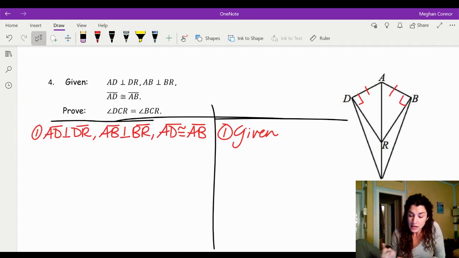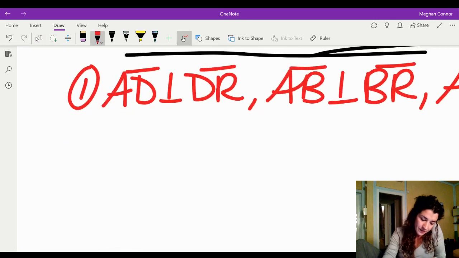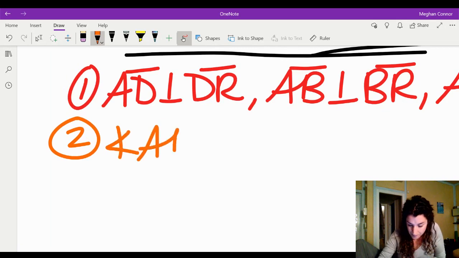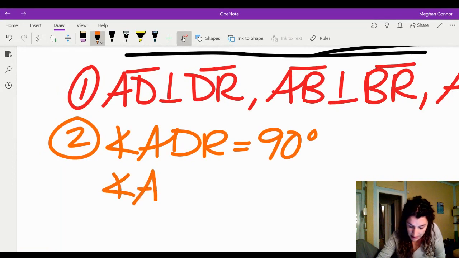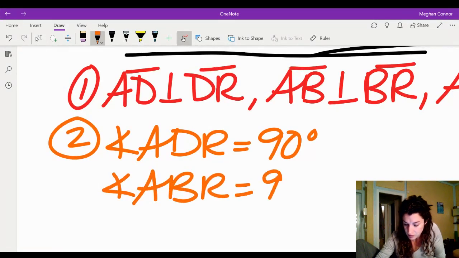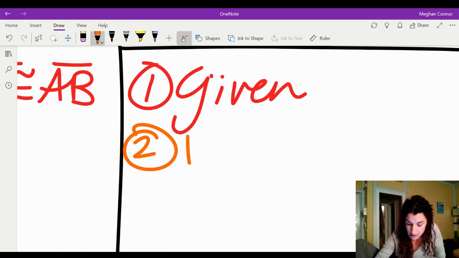Okay, I know that I've been given that those segments are perpendicular, but I haven't yet said that those angles are 90 degrees. That is the only thing I can say. I cannot yet say that they are equal to each other. I have to first say that they're 90 degrees and then use the fact that they're 90 degrees to say that they're equal to each other. So angle ADR equals 90 degrees and angle ABR equals 90 degrees. The reason is that's what it means to be perpendicular. So, definition